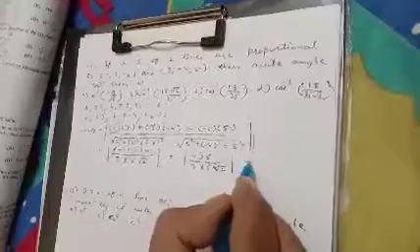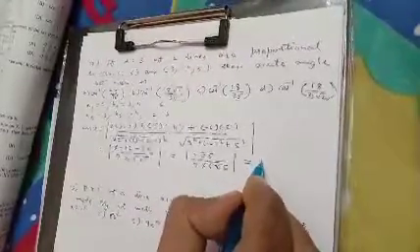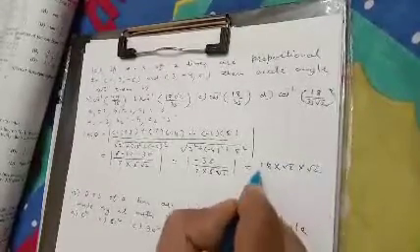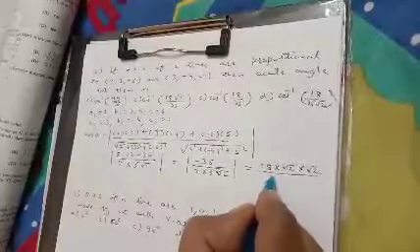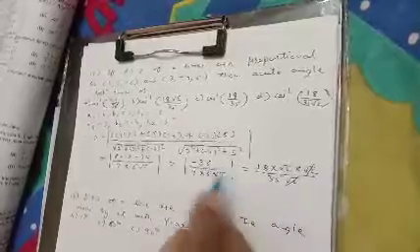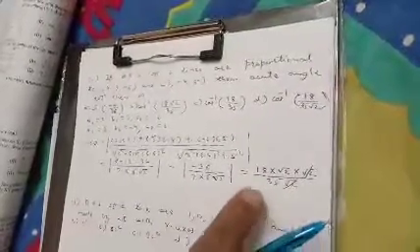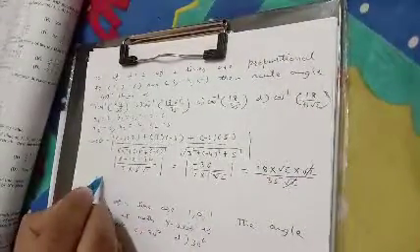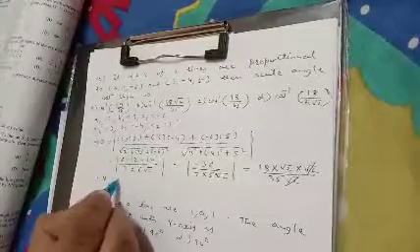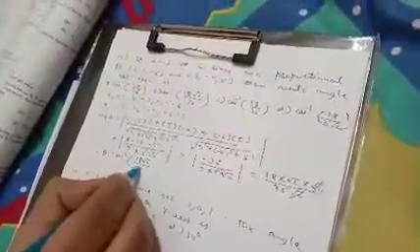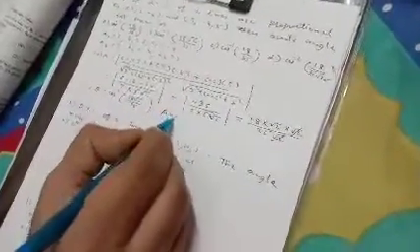Mod of a negative number is positive. 36 can be written as 18 into 2. 2 can be written as root 2 into root 2, divided by 7 5s are 35 root 2. Root 2 gets cancelled. Now this is the value of cos theta, but this is not the value of cos for any standard angle. So we get theta in terms of cos inverse. Cos inverse 18 root 2 by 35. Answer option B.